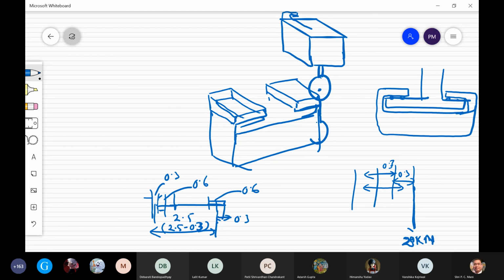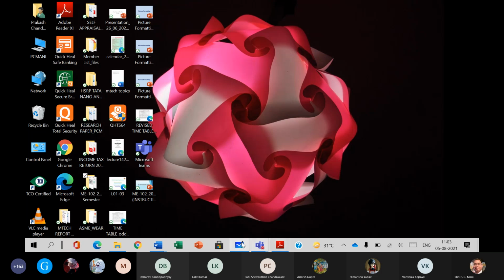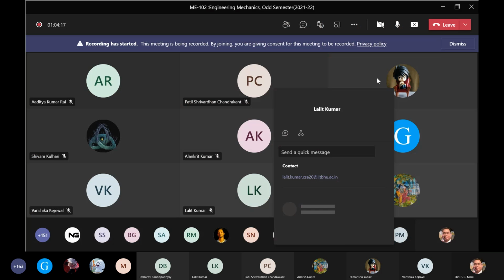That means near the hook, at the center. This is the length of the total hoist occupying the path. This one is 0.6 and this is 0.3. Where the 20 kilonewton acts, from the center of the vertical load, from the axis, how much is this one? 0.6. So you have to see the picture carefully. Clear? Then you will solve the problem correctly. Otherwise, if you take the wrong dimension, you will get the wrong result.